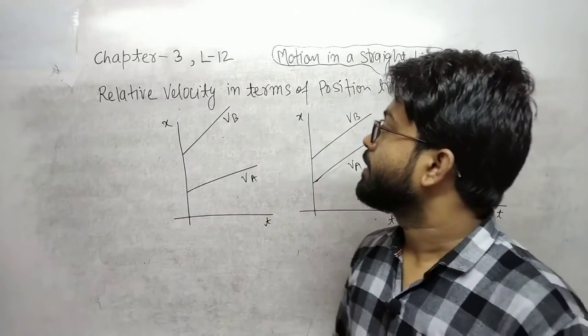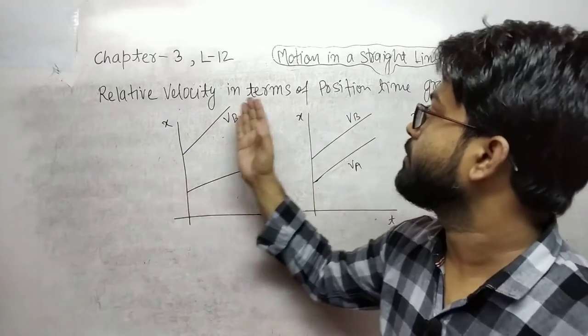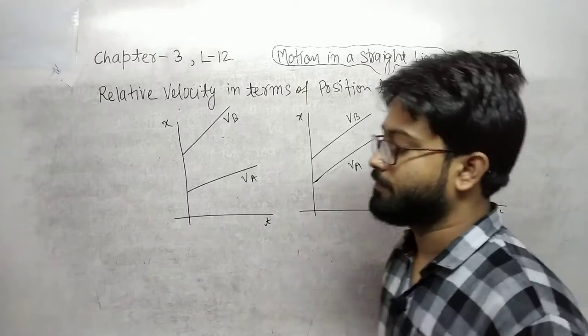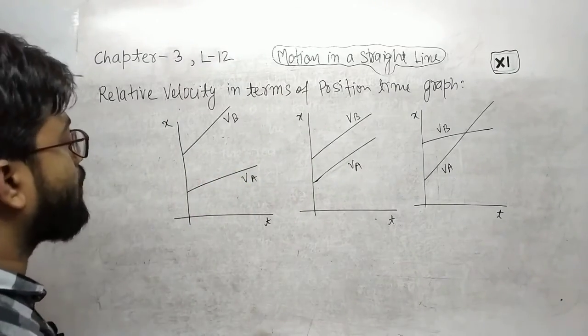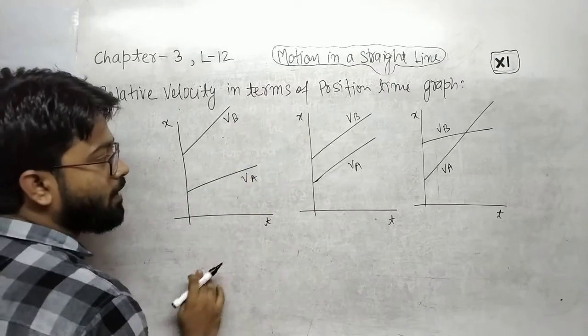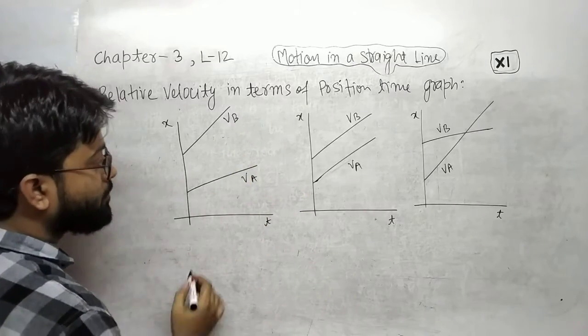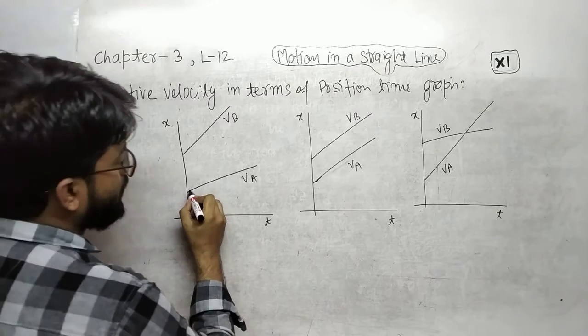Hello students, now in this video we will discuss the relative velocity in terms of position time graph. Due to the different velocity of the objects A and B, the graph is like that. This graph shows that velocity of A